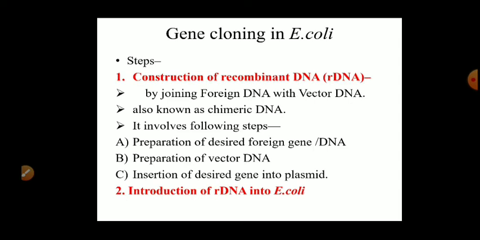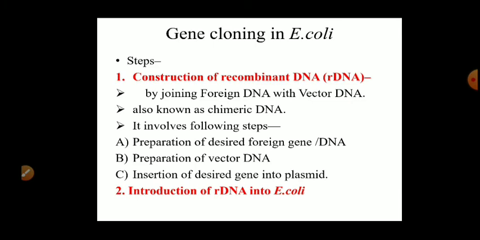So first, the desired gene or the desired DNA is prepared in the laboratory by using a gene machine, or it is isolated from the particular organism or from the particular organelle of the organism, or you can make the gene to be cloned by the reverse transcriptase method using mRNA of that gene, right? So once your gene is ready, this gene is inserted into a vector DNA. For that purpose you require a vector. A vector can be a plasmid, it can be a phage, it can be a cosmid. Depending upon your requirement, we use a vector DNA.